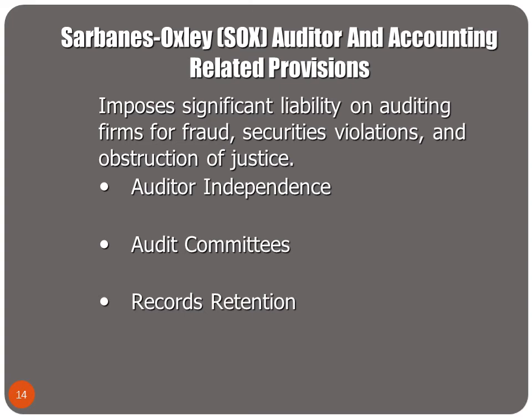Next, we're going to look at Sarbanes-Oxley, referred to as SOX, and the auditor and accounting related provisions. Following the collapse of Enron and also WorldCom during 2001 and 2002, Congress quickly passed sweeping legislation designed to increase the liability for securities violations, for financial fraud, and obstruction of justice, and to impose new responsibility and accountability with regard to financial reporting by companies.